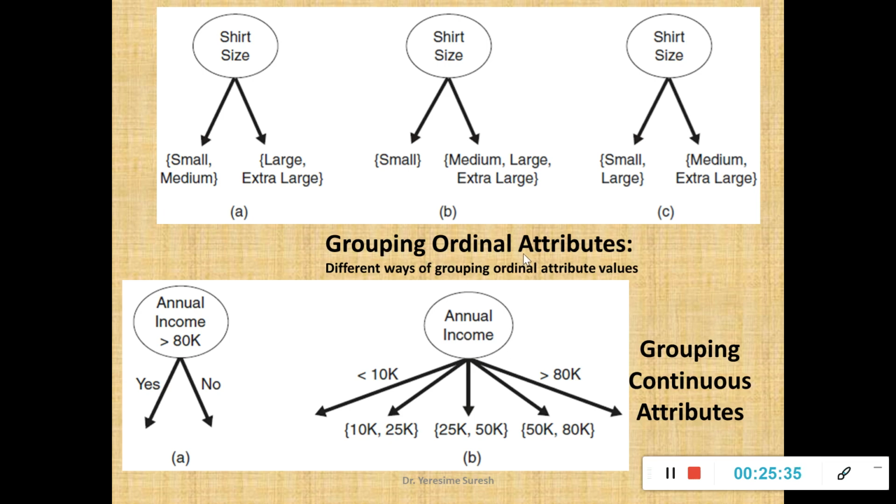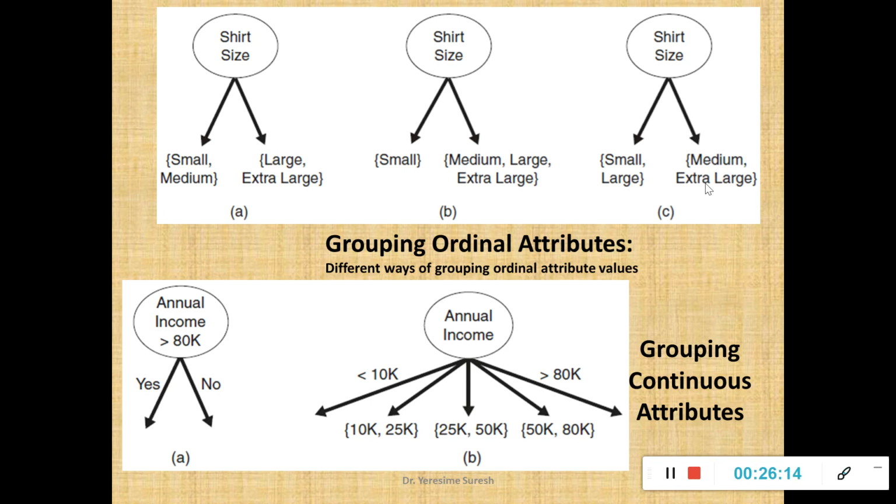Next we have grouping ordinal attributes, and we have discussed the ordinal attributes are nothing but the attributes which give us just enough information, the ordering, greater than or equal to. Say for example, I'll take the shirt size of a human being, and the shirt size can be grouped into 4 categories: small, medium, large and extra large. The first type of splitting of your ordinal attributes, I can group small and medium into one group, large and extra large into other group. The second category, small into one group, medium, large and extra large into the other group. In the third category, I can group small and large in one, medium and extra large in the other.